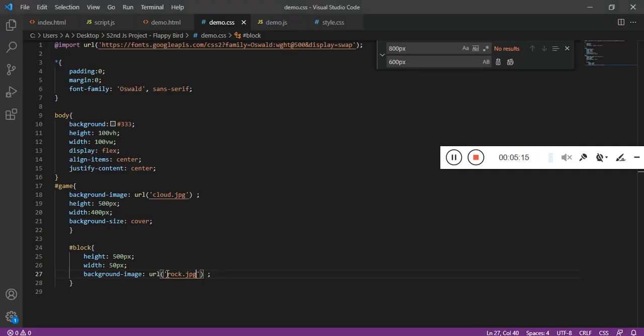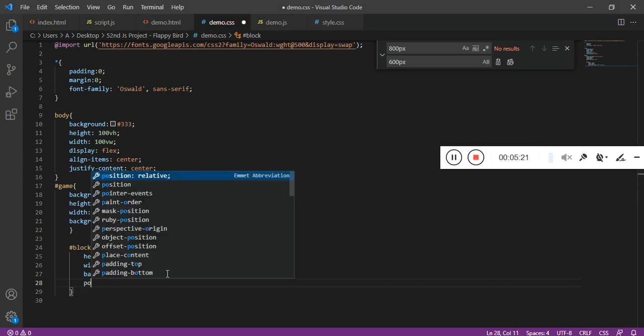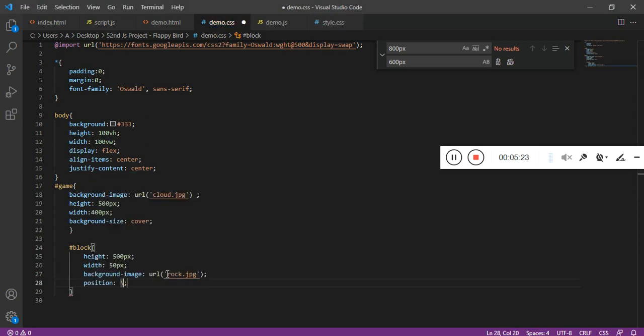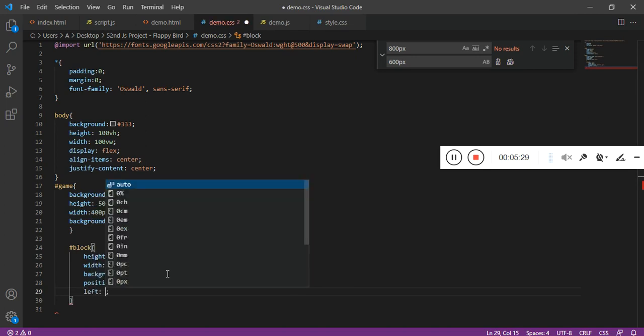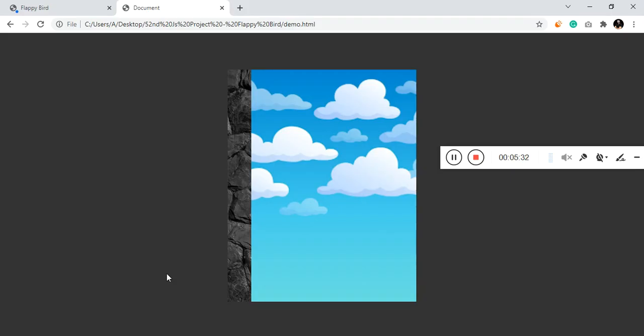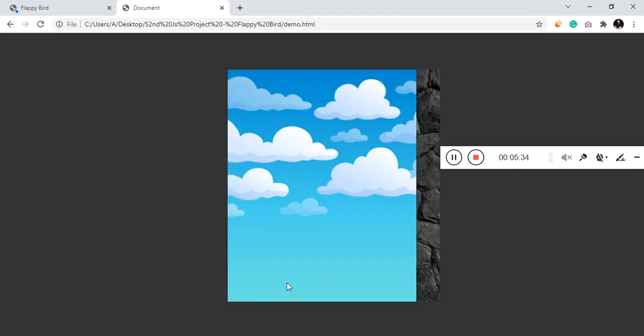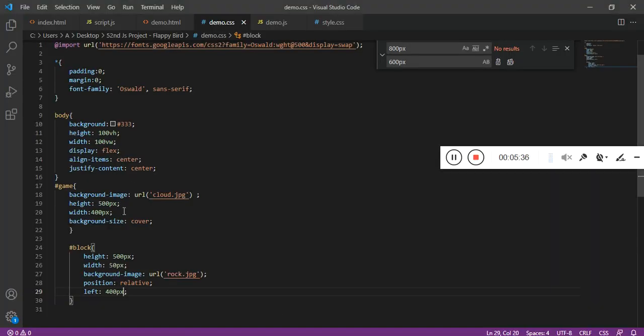You can see now we have to position this as it is starting from the left. So to use left we have to use position, and the right one here is relative, and left be 400 pixel. You can see the width is actually 400 pixel.